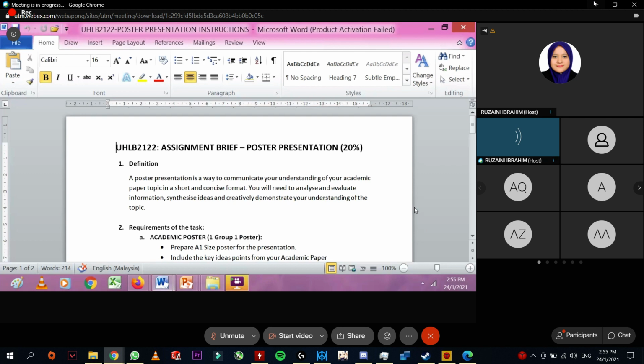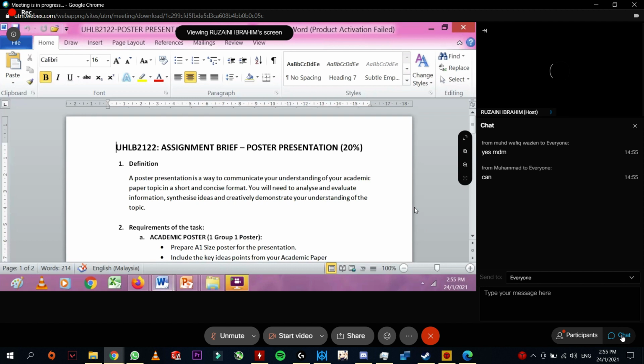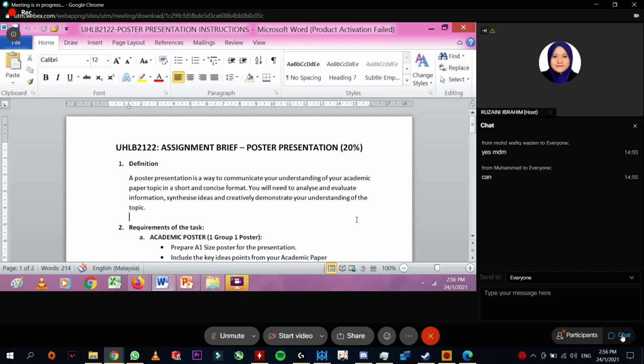Okay, ladies and gentlemen, can you see the document? It says assignment brief, poster presentation, 20%. Can you see the instructions? Yes, okay. Thank you. If you can see the instructions, it mentions here you have to do a presentation. If it's a face-to-face, physical class, you will be doing the presentation in front of the class. Since it's an online class, you have to do the presentation and record yourself